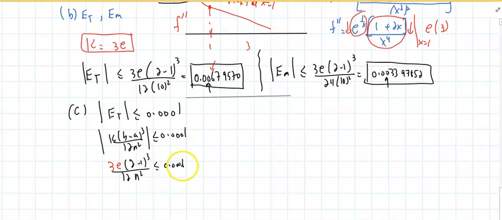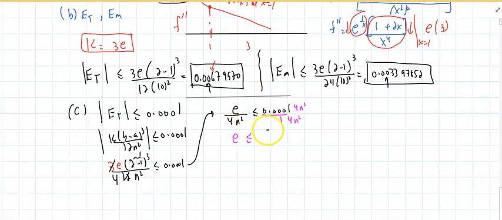Well, guess what? I can treat a nonlinear inequality like an equality. That's a 1. So this is simply e divided by 4n squared being less than or equal. Now, this is not a linear inequality, but since n is always positive, I am allowed to treat this like a linear inequality. And be careful how you do this. If you cross multiply, you could mess up the inequality. Just get a common denominator